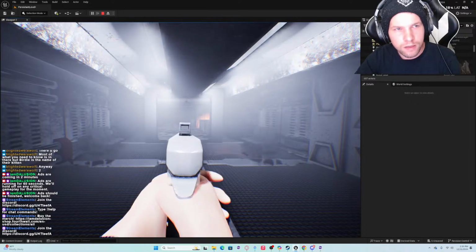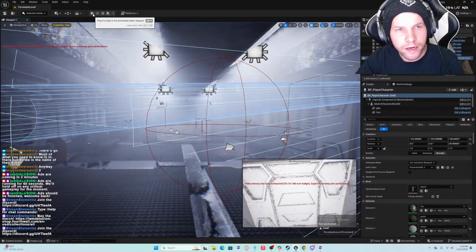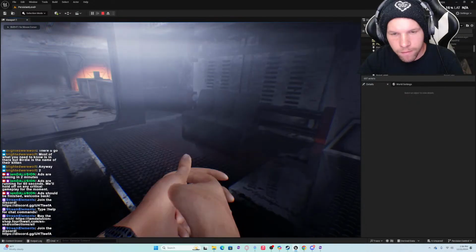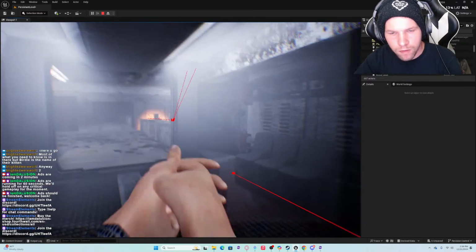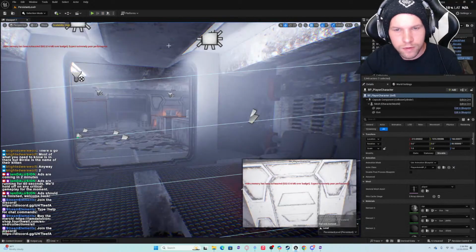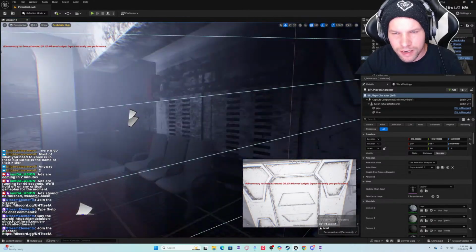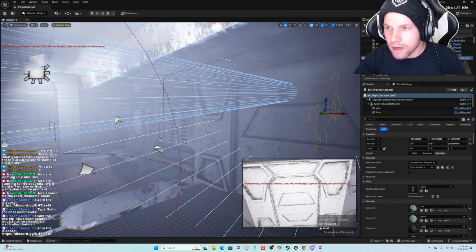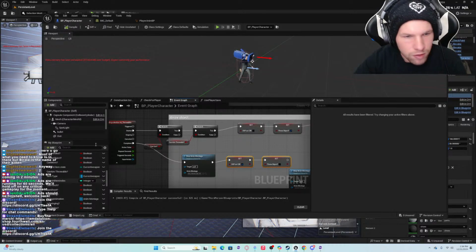Players, save player data. Great. Play. Okay, so technically, the aiming kind of works. It's not working exactly how it needs to.